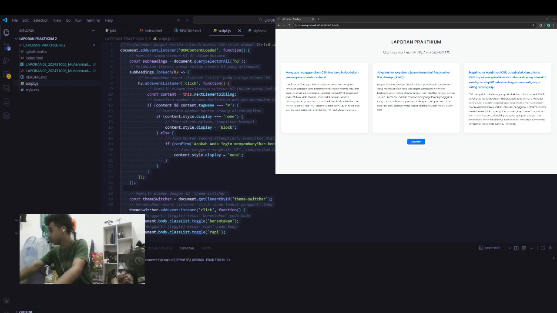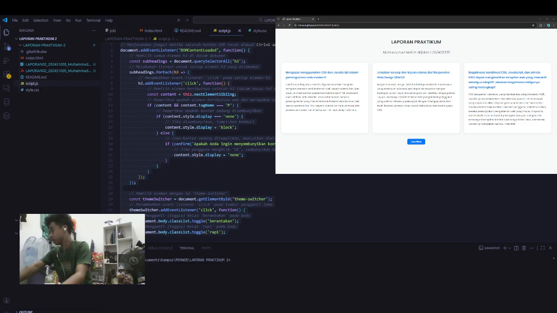Inside the body, which starts in rapi mode by default, I display the main title Laporan Practicum at the top, followed by my name and my student ID. Below that, I create a container, using a div tag with class content, that holds three cards, each containing one question and one answer.